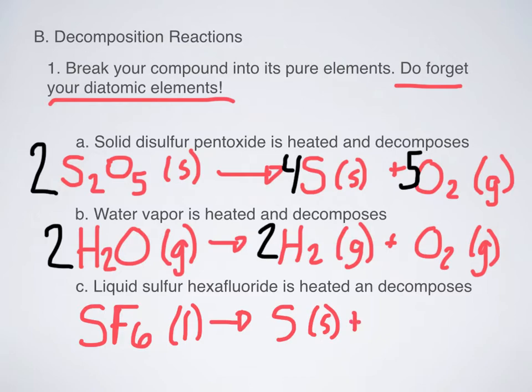And fluorine is a diatomic gas, so I need to make sure that I make that a diatomic molecule like this. So the only thing I need to do is balance this, and to balance it, all I have to do is put a 3 in front here, and now I have a balanced equation for liquid sulfur hexafluoride being heated and decomposing. All right, so again, when I'm dealing with decomposition reactions, I start with just one substance that